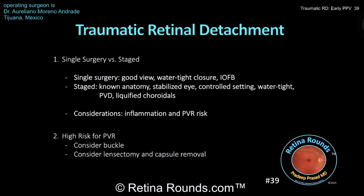the vitrectomy. The other benefit of doing it as a stage setting is that the surgery tends to be more in a controlled setting. For trauma cases, sometimes these cases are happening after hours or with a surgical team that may not be as familiar with ophthalmic surgery as a dedicated eye surgery team. And so it gives the surgeon, in a staged fashion, the opportunity to be able to do these complex retinal detachment repairs at normal operating hours with the normal team in an effort to try to give the patient the best